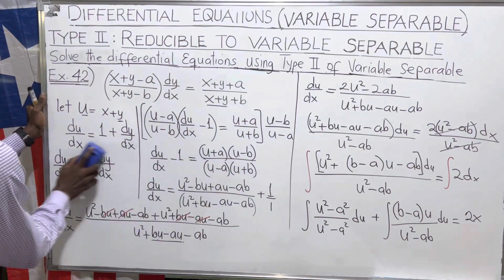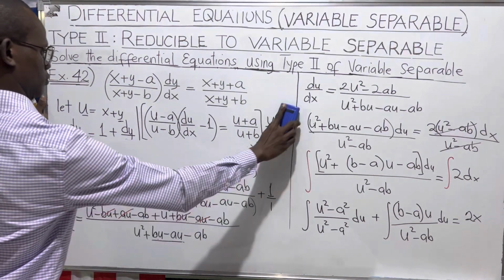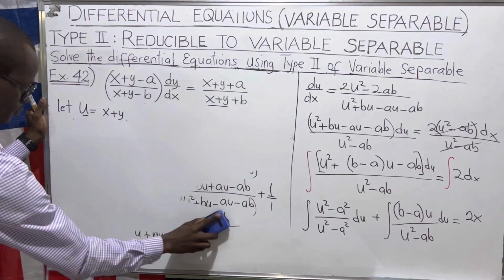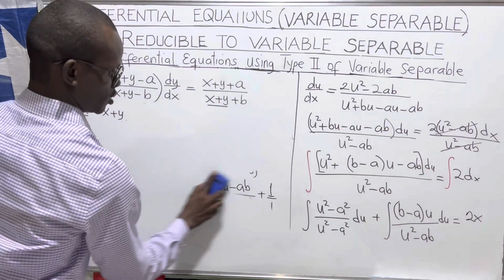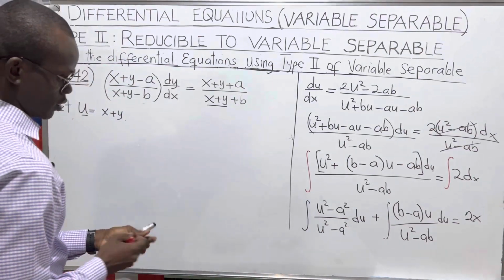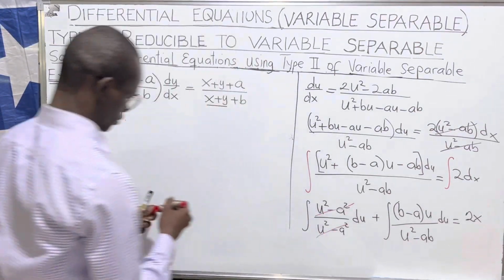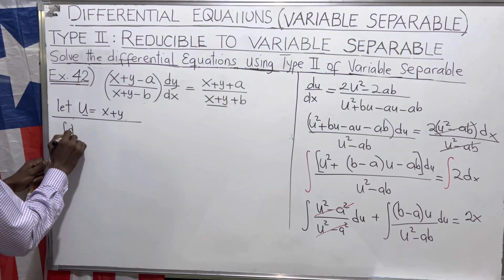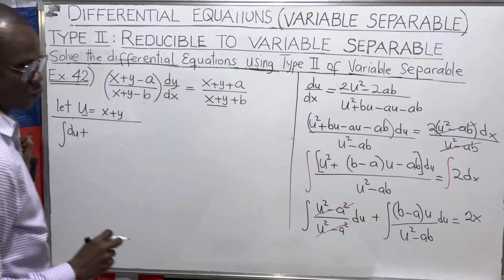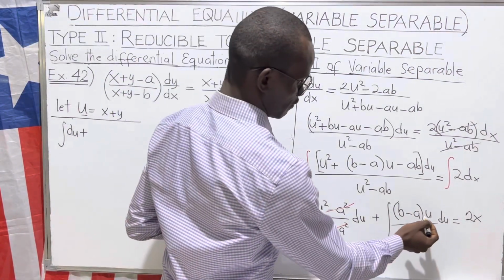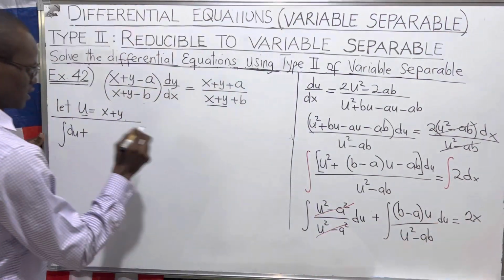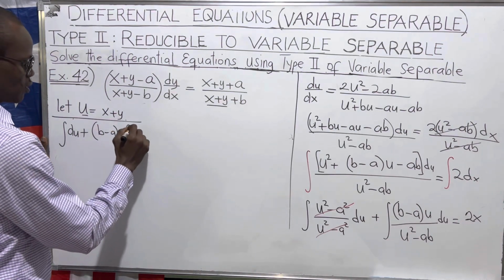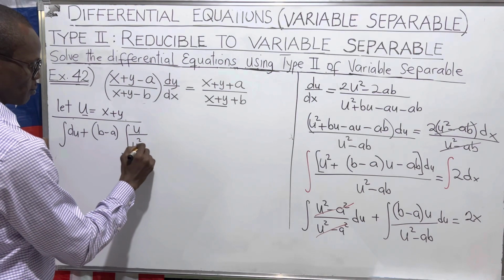So we continue. In the first term, this will cancel this one. So you will just have the integral of du plus, now because we have u right here, let's bring that (b minus a) outside. We're going to have the integral of u all over u square minus ab